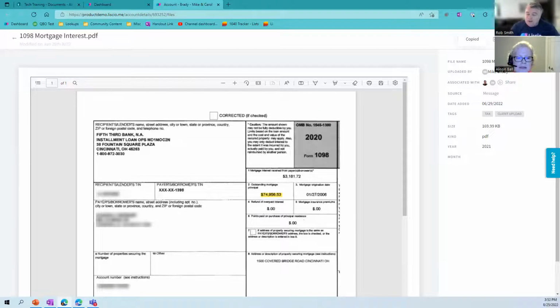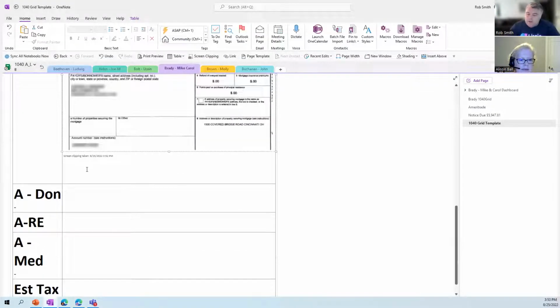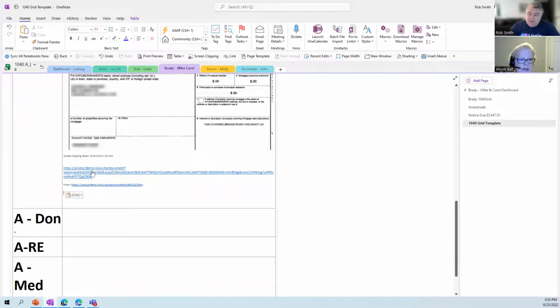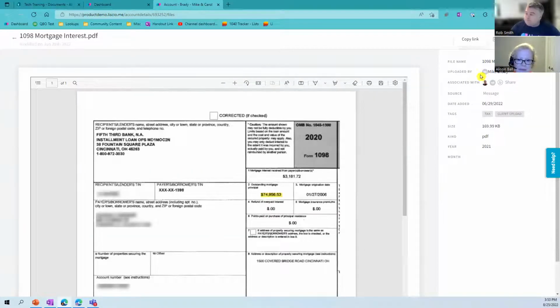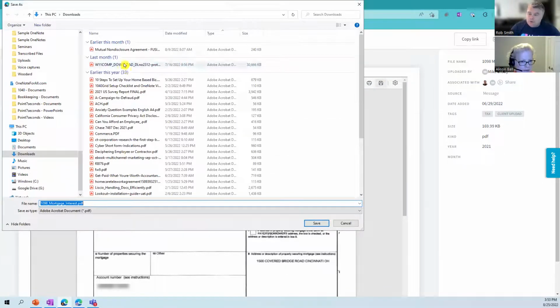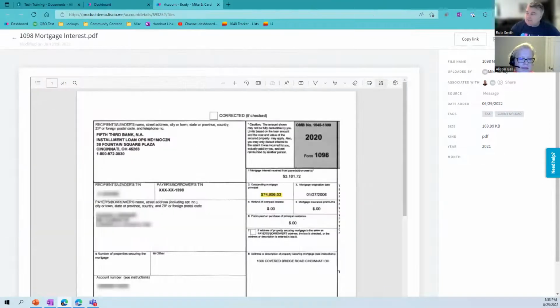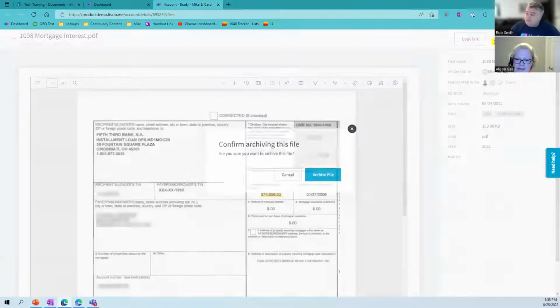Click copy link, come right over to here, click right in here and paste. Just pop it in there. Then you've got a link back to that original document. That easy. Okay, then you come back over to here. Once we've done that, if you want to save it into your DMS, you just click the save button, browse out to where your location is, and then save it. And then you can edit the tags right there. But at the end, all you're going to do is click archive,